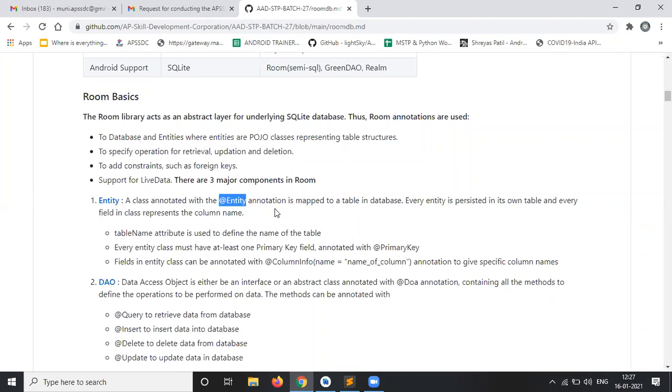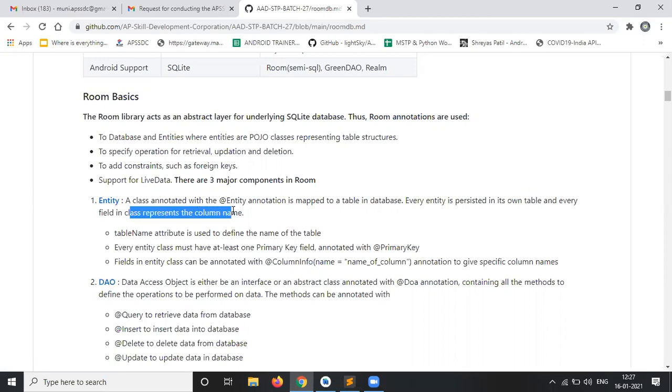This annotation maps to a table in the database. Suppose we give the entity a table name, it will equal the table name. Every entity is persisted in its own table, and every field in the class represents a column name.